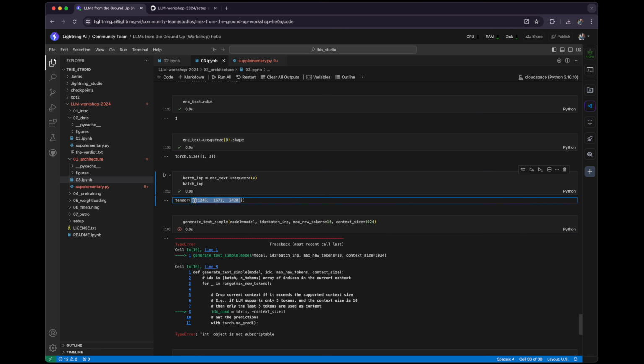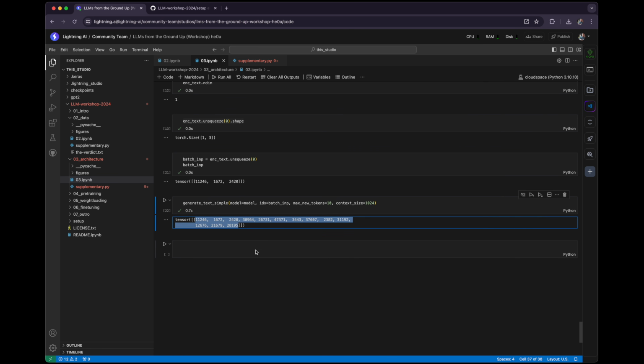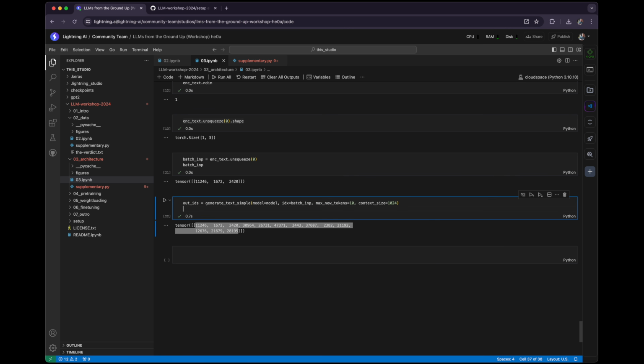The 3 tokens with a batch dimension. So this should work now. Yep, so I have my generated output. Now this doesn't really tell me anything because this is very abstract. So let's convert this